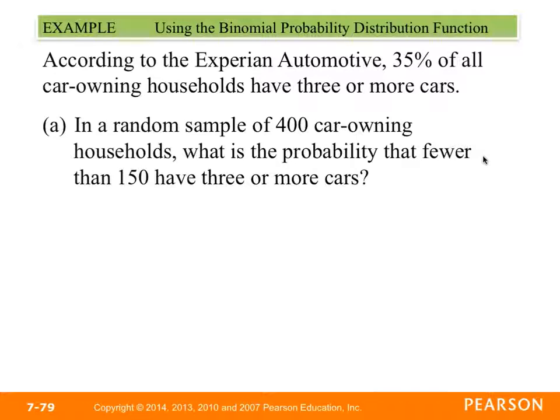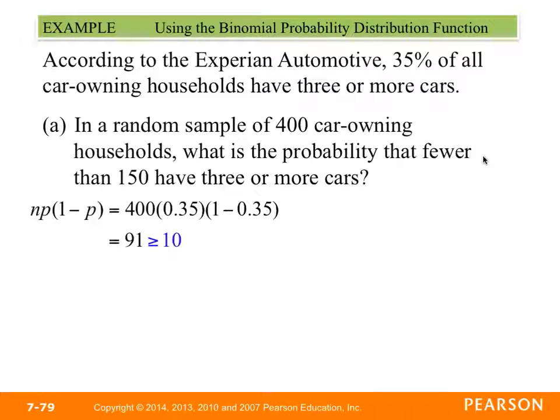So according to Experian Automotive, 35% of all car-owning households have 3 or more cars. Okay, so that's what they say. And then what we're going to do is take a random sample of 400 car-owning households. So we're going to randomly select 400 car-owning households, and we want to know what is the probability that fewer than 150 have 3 or more cars out of our 400. Okay, so what we need to do